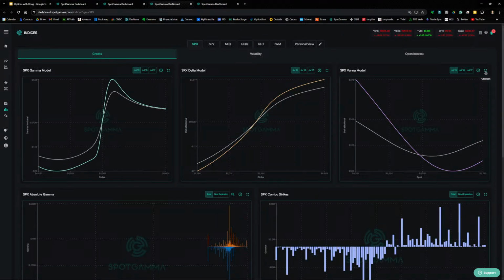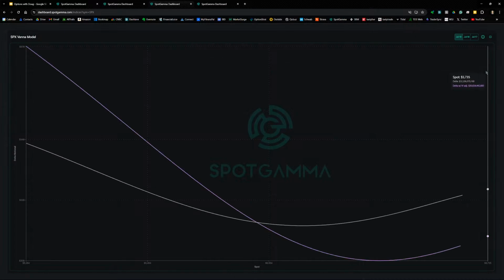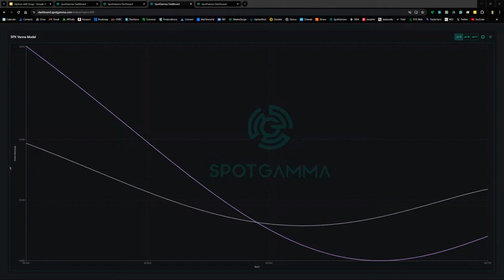Let's zoom in on this. What this chart is showing is market makers' delta notional on the vertical axis, price for SPX on the horizontal axis. There are two curves on this chart. The first curve shows how market makers' delta notional may change with changes in price only. And the purple curve